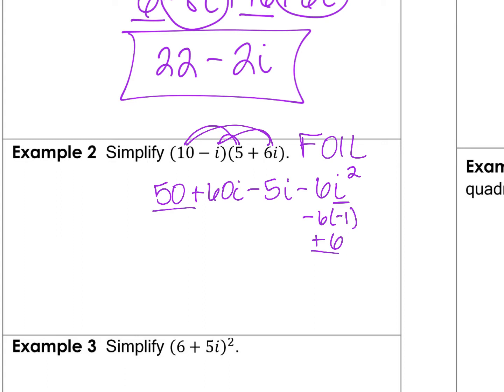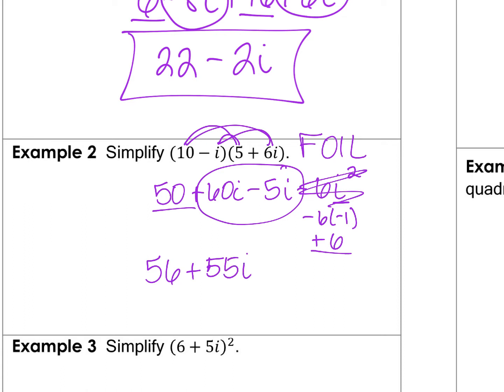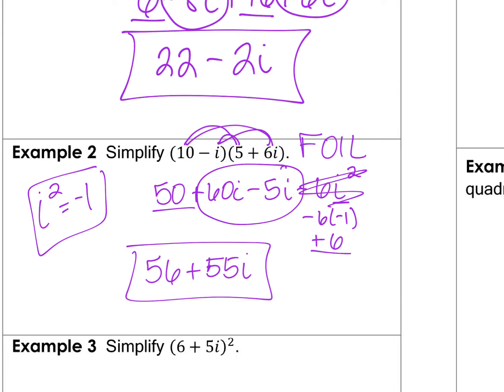We're going to combine those two real parts, so that's going to be 56, and then combining the imaginary parts, that will be 55i. So there's our answer. Make sure you remember i squared equals negative 1. Always substitute that in